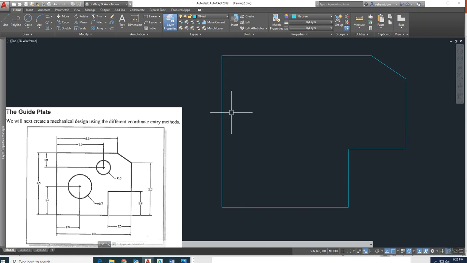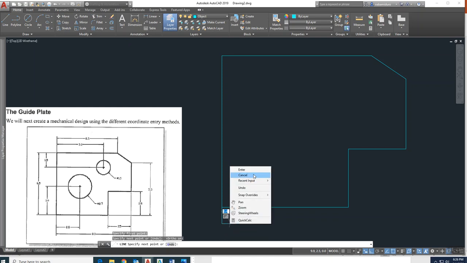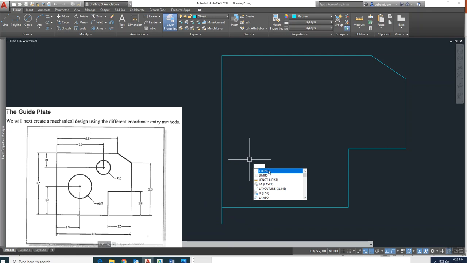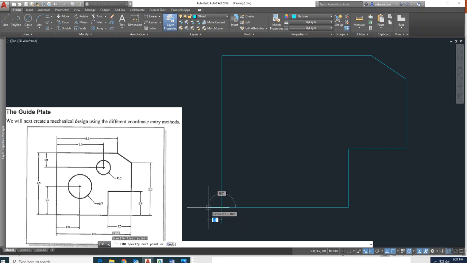Now we'll do the same thing again to create circles. So I'm going to use these same lines. I'm going to initiate a line command again. I'm going to hover over the area where I want to create the line. Left click, just move, and I'm now going to go back to my ortho, which is F8. That makes that line straight. The distance is not so important. I just want to use them as construction lines. So what I can also do is type in L for line to create the line. I come to this endpoint, left click, move over,